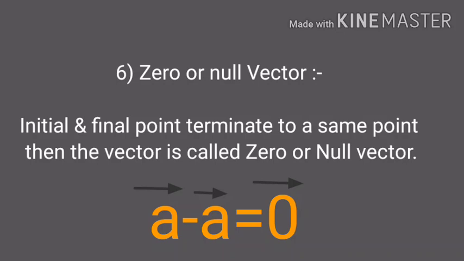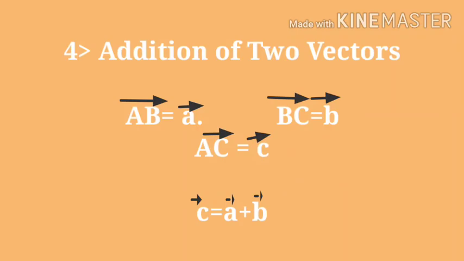Let us consider a case where a particle starts its journey from a particular point and returns back to its initial point. So the displacement of the particle during the journey is A and the displacement along return is minus A. So the final displacement A vector minus A vector is equal to 0 vector. Though the final result is 0, it comes to us due to subtraction of two vectors, so the final vector is called a null vector.